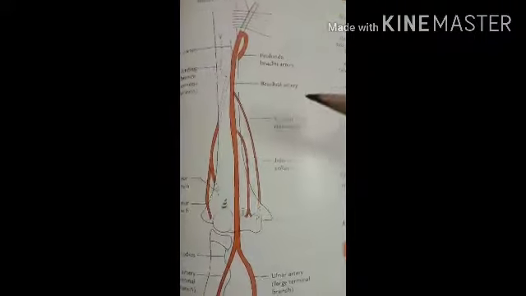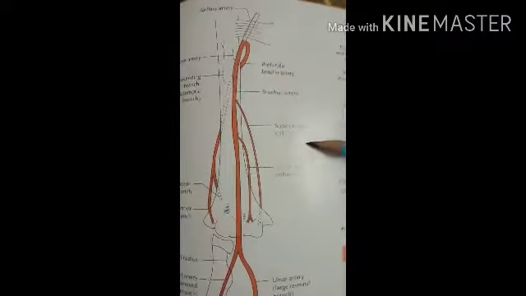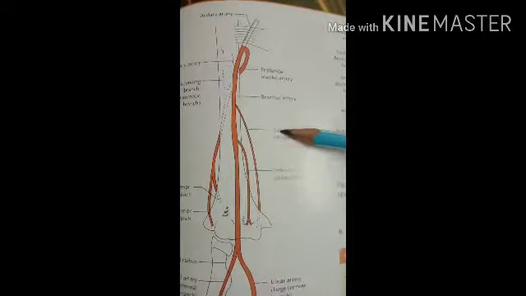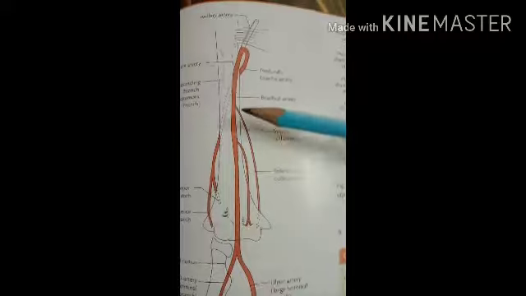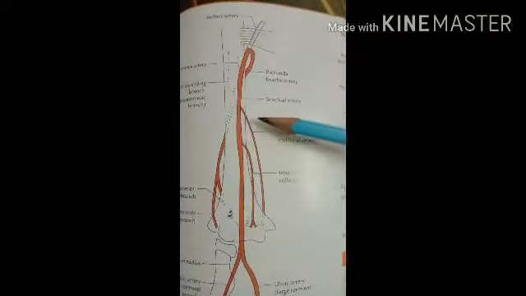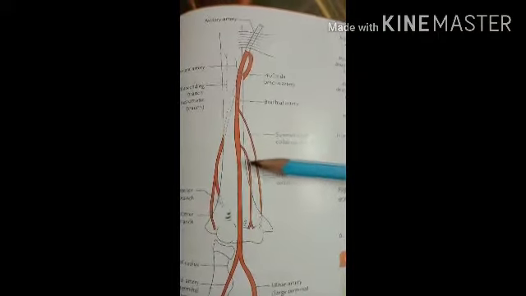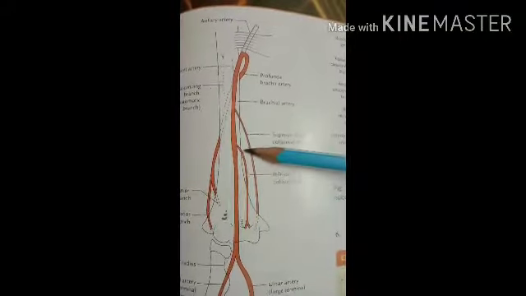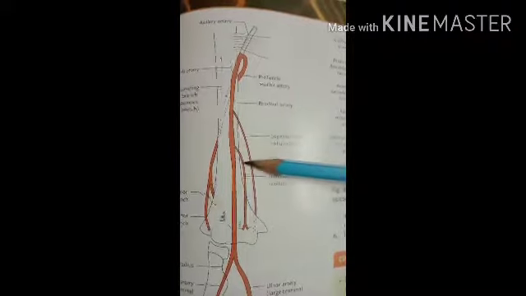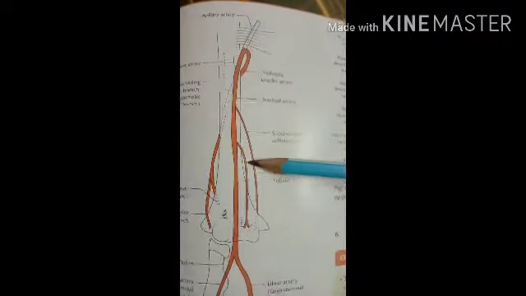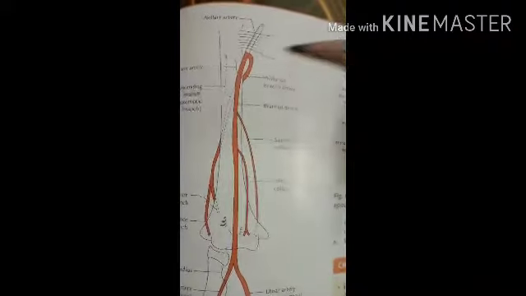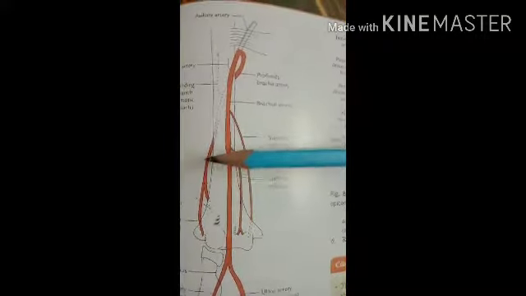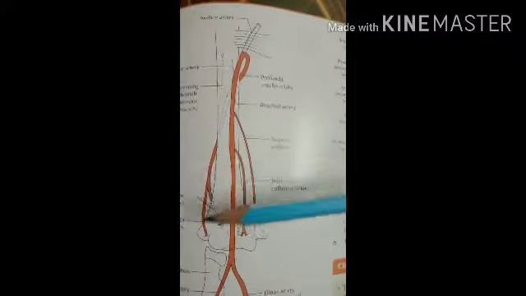Then the next artery, the superior ulnar collateral artery. Here you can see it arises near the middle of the arm and accompanies the ulnar nerve. Then the next branch, the inferior ulnar collateral artery, also called the supratrochlear artery. It arises near the lower end of the humerus and divides into the anterior and the posterior branches, which take part in the formation of the arterial anastomosis around the elbow.